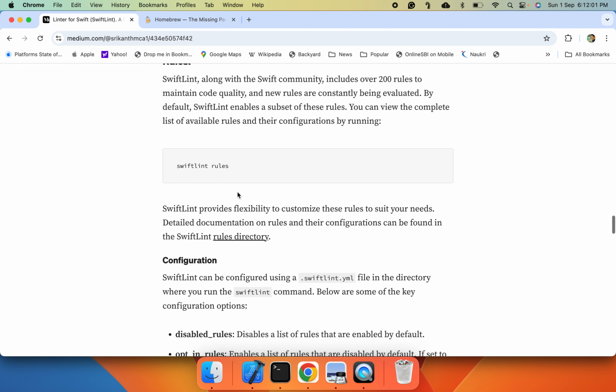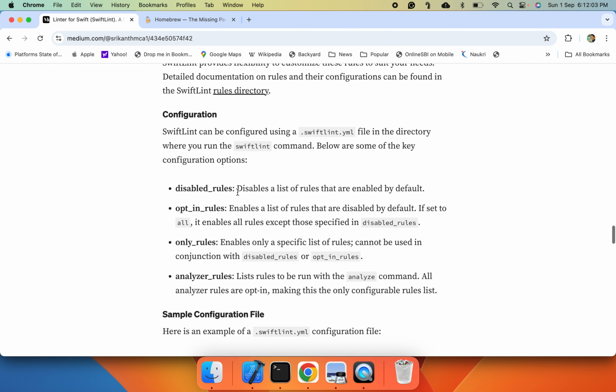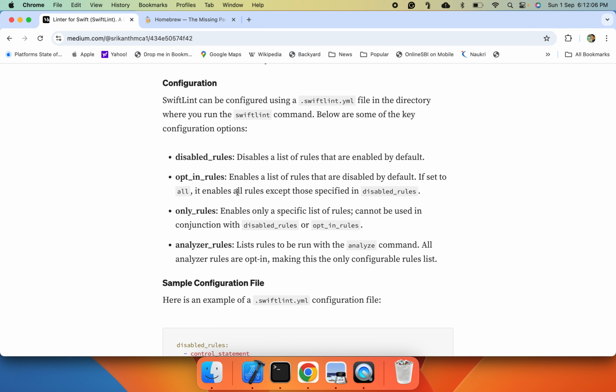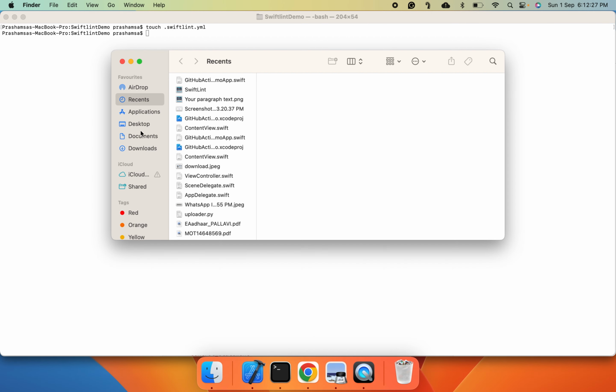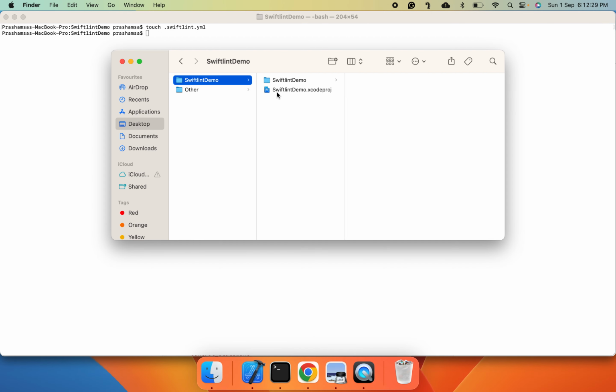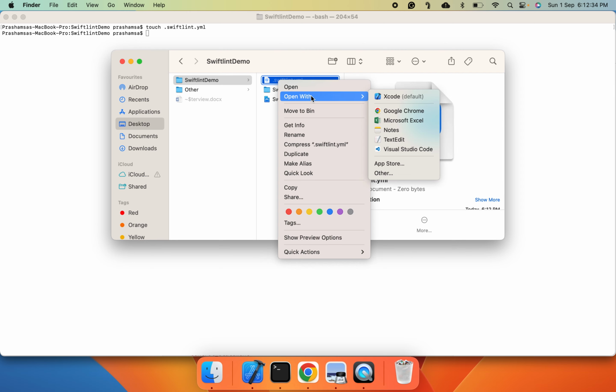If you want to configure certain rules, if you want to enable any rules, here is the configuration we need to do. For that, we need to create a file called swiftlint.yaml, a YAML file, in the root directory. Let me create the SwiftLint YAML file here. Touch SwiftLint YAML. So now I have the SwiftLint YAML file in the root directory. If I open it with Xcode,